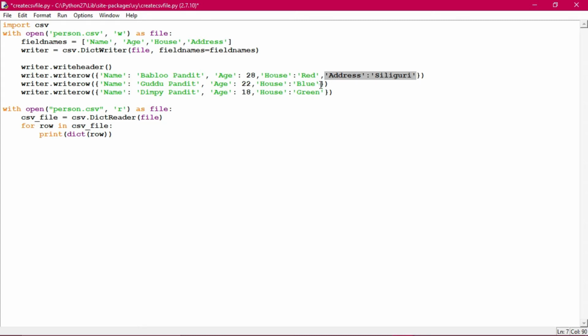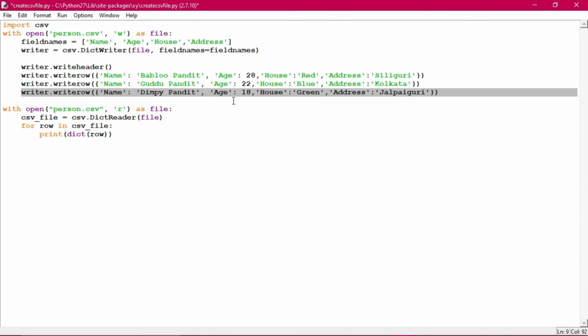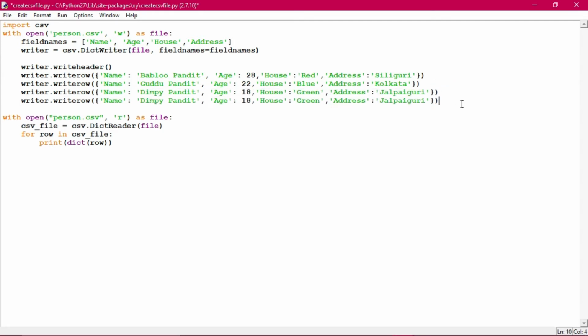All right, so I'll copy it and I will just change the address over there, because the rest of the things will remain same. Okay, comma, paste. Then I will make here Kolkata. Okay, and the same thing over here also. So I'm creating the same file now, and address, and here it is Jalpaiguri. See, Jalpaiguri. One column I have increased, and one more column I will increase also. I'm just copying this column once, because there are three data previously, and now I'm adding one more.